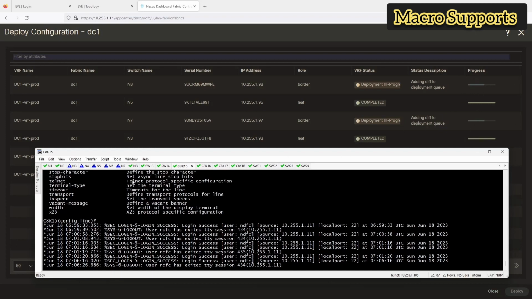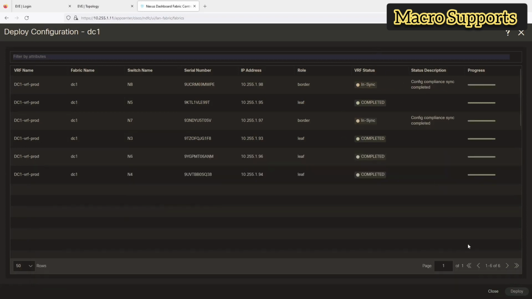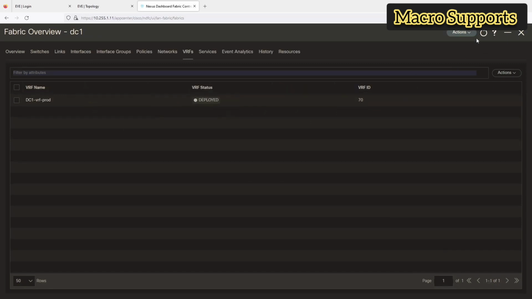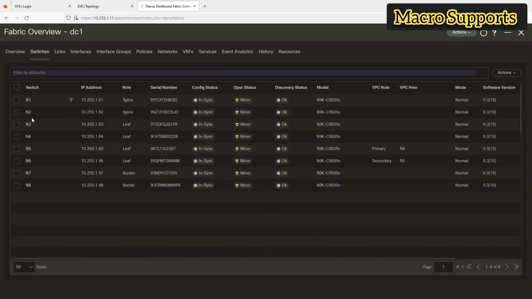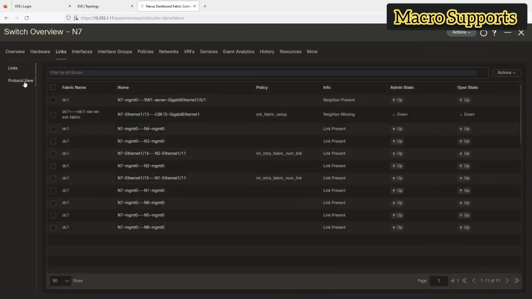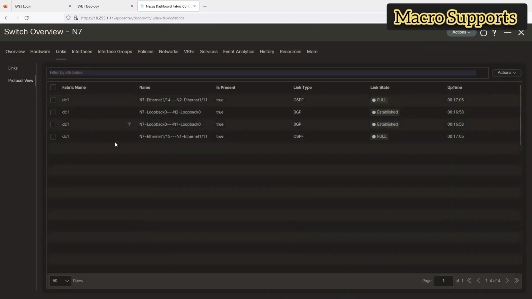Because then I'll have two BGP peerings, 1 to 7, 1 to 8. Okay, they're done. I'm going to go ahead and close. Now it's been deployed. I'm going to go ahead and close this guy out. I'm going to go back to switches, Nexus 7, dive into this, go to links, and then go to protocol view. So right now you don't have anything here yet,